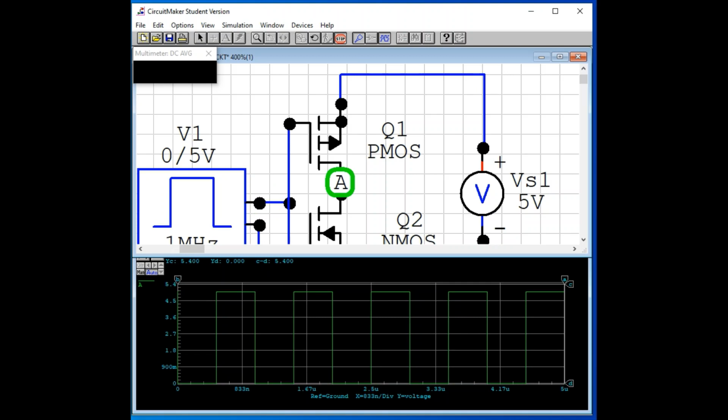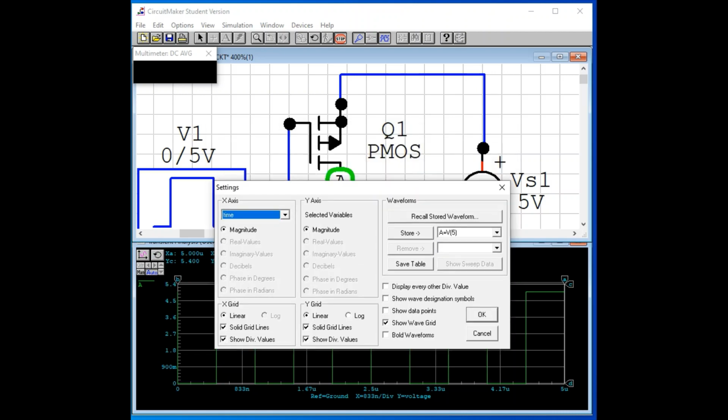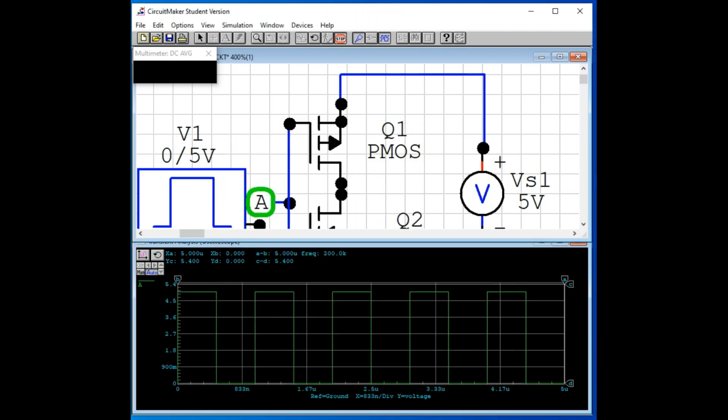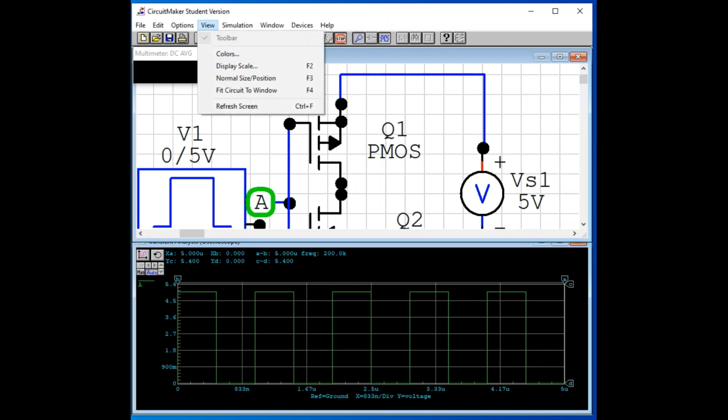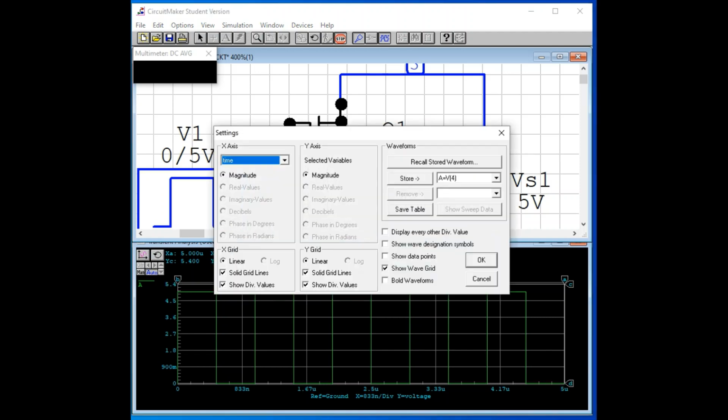Now this is basically doing an inverter. What you can also do here, you can change the x-axis. So we know what is the number of the node. So you can view node numbers. So this is 4, this is 5. So what you can do, instead of time axis, you can use 4 here.